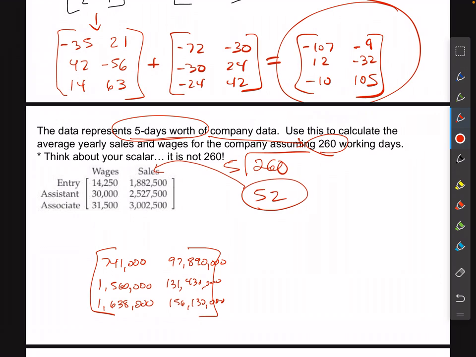All right, so we're just basically taking a matrix and showing you how you can apply it to modify a number of different types of data at once. So we looked at wages, we looked at sales, and then we looked at the various levels of employees and how that data adds up over time. All right, so this is matrix